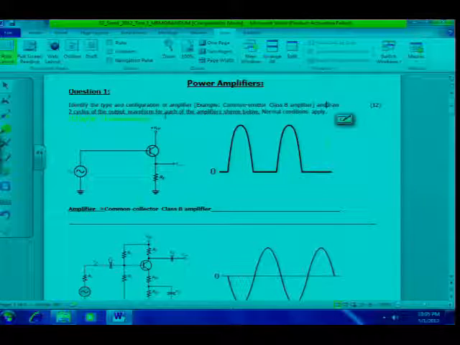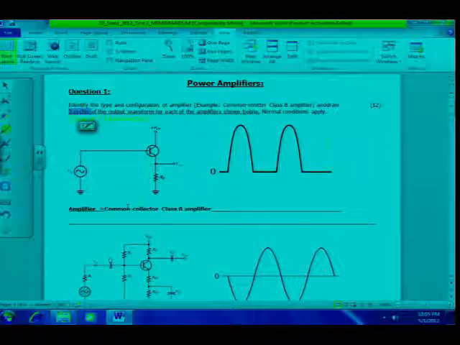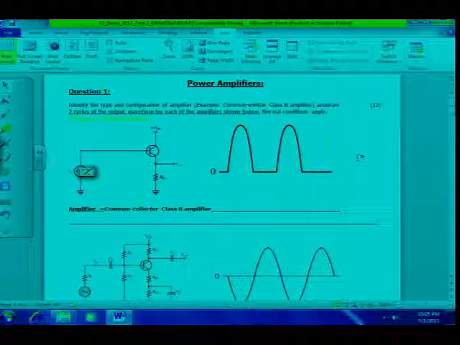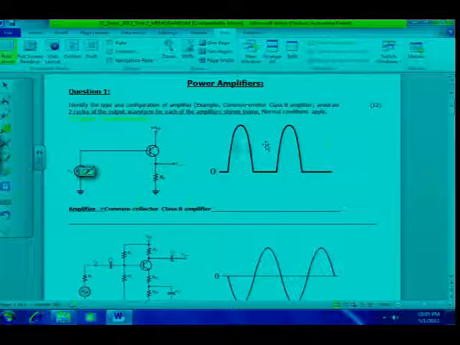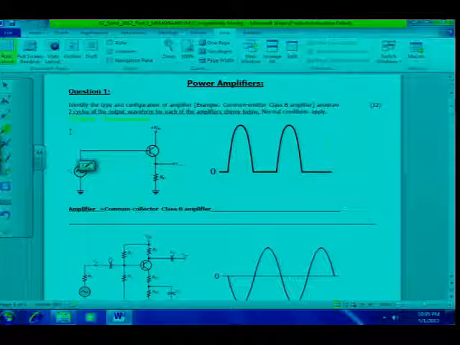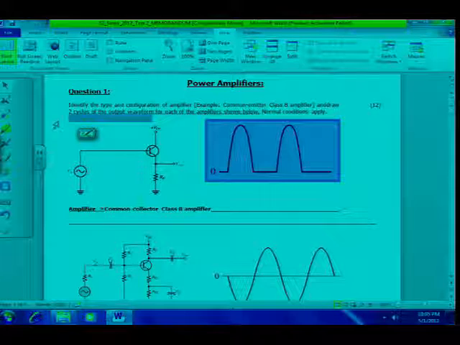And remember, please, read the question carefully. It says, and draw 2 cycles of output waveform for each of the amplifiers shown below. Normal conditions apply. Alright, so if you didn't get marks, most probably for your output wave, it's because you've only shown 1 cycle, for instance, or you've shown the wrong one, and so forth. Anyway,